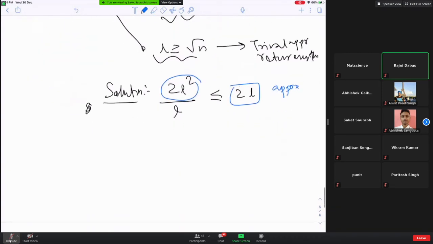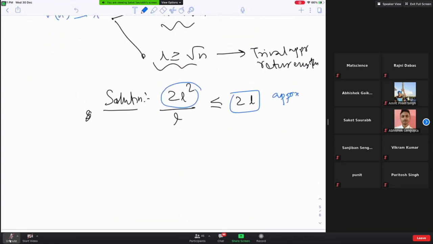Okay. So there are two things, right? Either, this is what I was trying to tell, L itself has become root n, right? So you went till root n steps. If you went till root n steps, then you are definitely getting a factor square root n approximation, right? Why are you getting a factor square root n approximation?